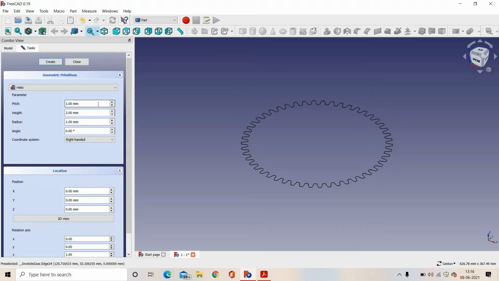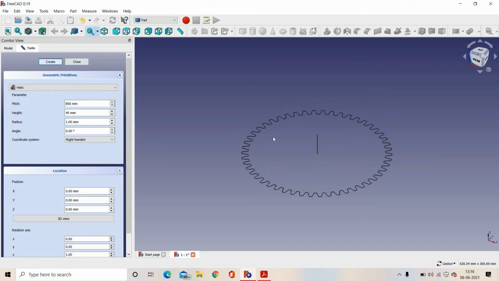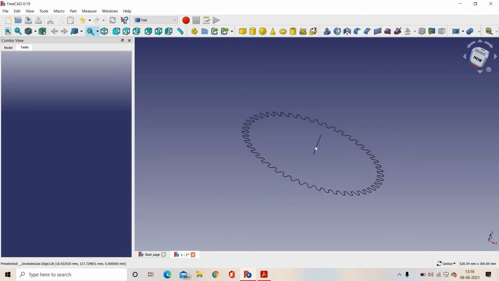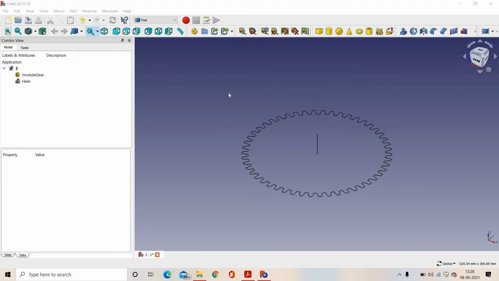We will select pitch as 850, height of 40, with radius 1 and angle 0, and we will create it. So we have created the involute profile of a gear, and we have also created this helix. Now we have to sweep this involute profile of a gear along the helical path.